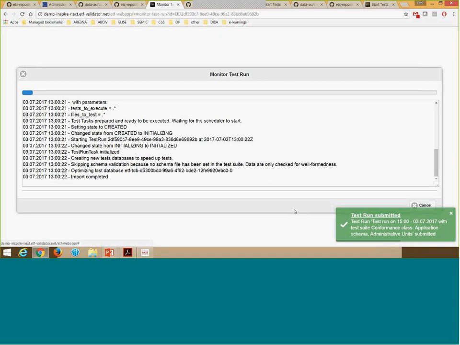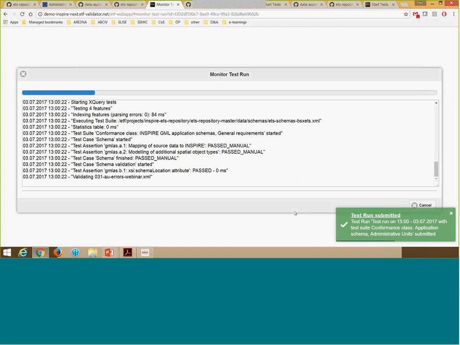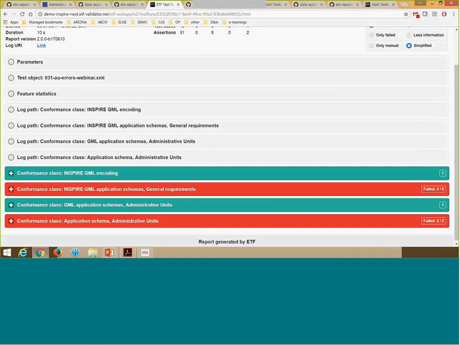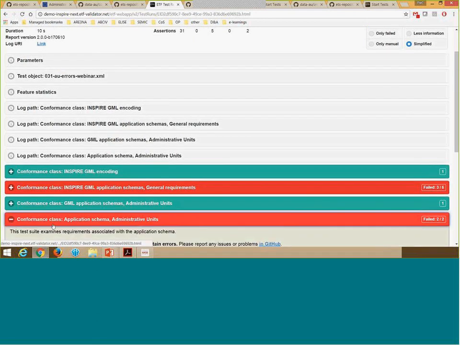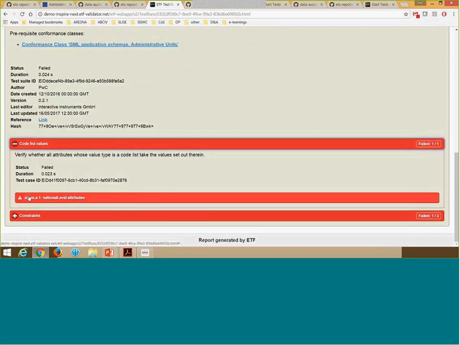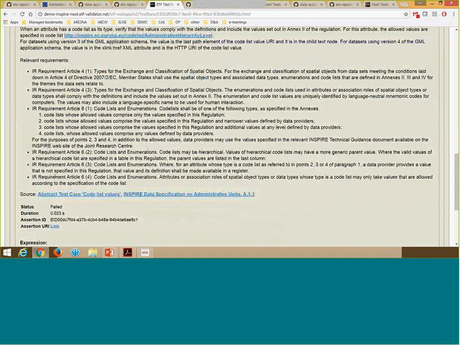The test is running. It will also give you some information about the test running, and then you get the results. So here I click open the application schema administrative unit. I see that the code list values have some features that are not complying.